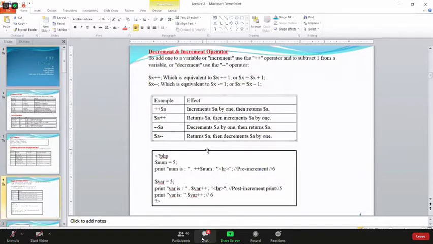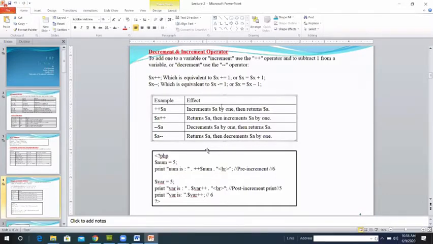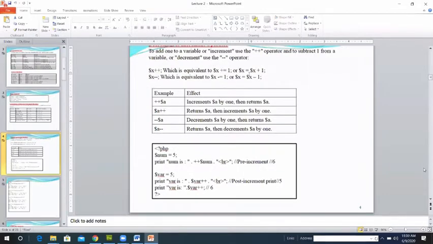When you write the pre-increment one, the assigned variable increases by 1. But if you write the post-increment one, it won't change at first. Then when you write it a second time, it returns the variable, then increases by 1. Only if you write the same variable again will it show the increase. In the example here, it's given example and effect. According to this table, you can see what results you get when you write this PHP code. Once you finish, please let me know.